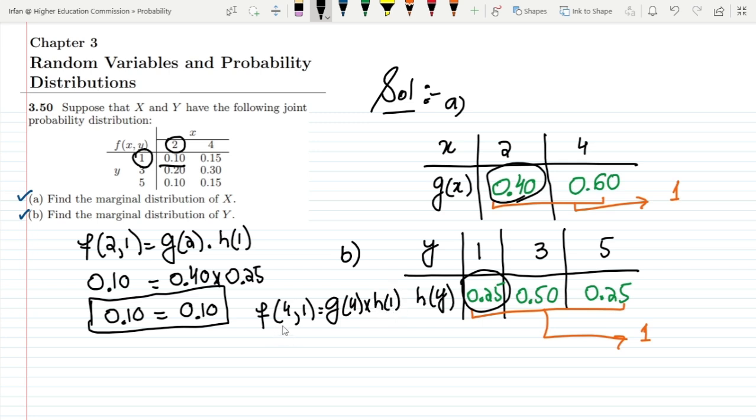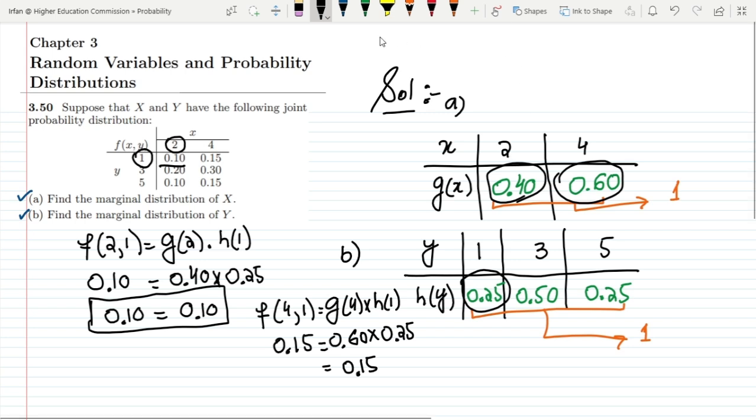Okay, so f(4, 1) is equal to what? That is 0.15. Okay, and what is g(4)? This is 0.60, and h(1) is what? This is 0.25. So when you multiply it, you will see that this is also equal to 0.15,